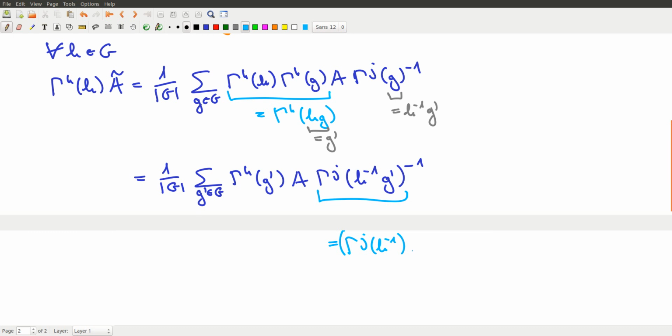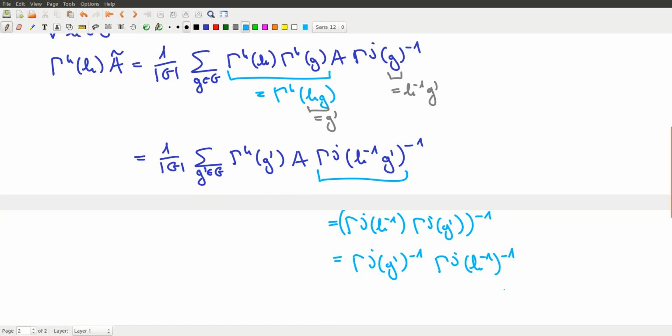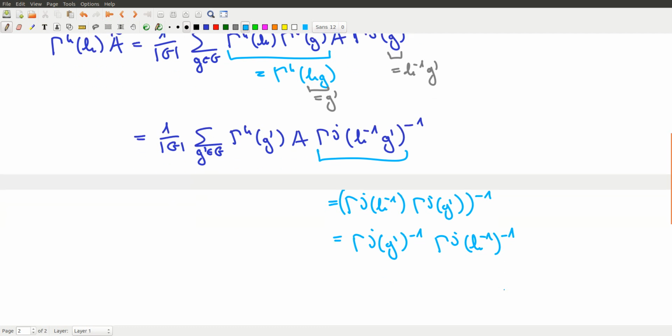Now we have gamma j of h inverse, gamma j of g prime, since the whole thing is a representation, and then an inverse on the outside. So this is just gamma j of g prime inverse, and now we have gamma j of h inverse inverse, but since it's a representation, the last term here is just gamma j of h, and that's essentially what we wanted to have,